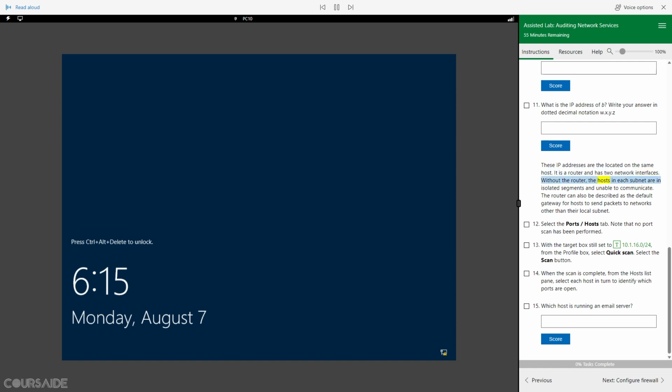Without the router, the hosts in each subnet are in isolated segments and unable to communicate. The router can also be described as the default gateway for hosts to send packets to networks other than their local subnet. Select the Ports/Hosts tab. Note that no port scan has been performed. With the target box still set to